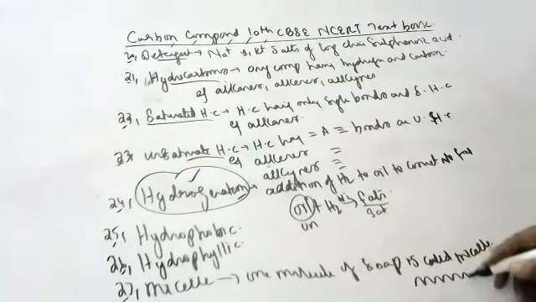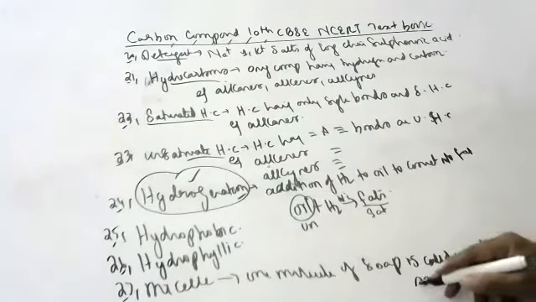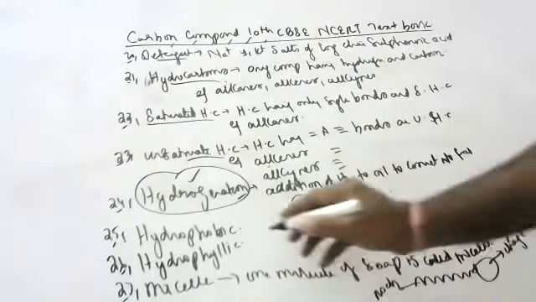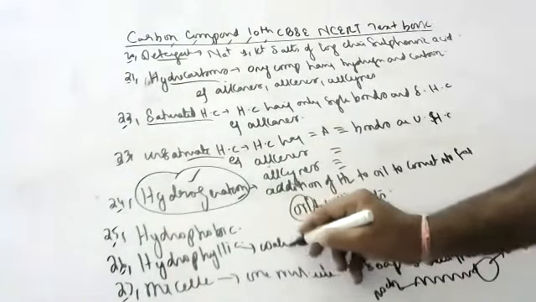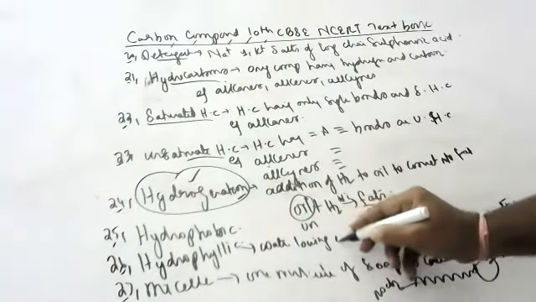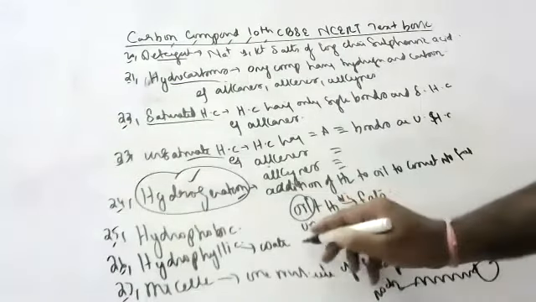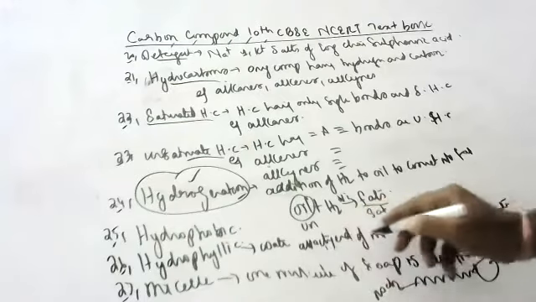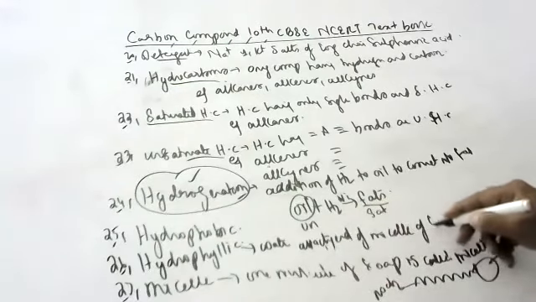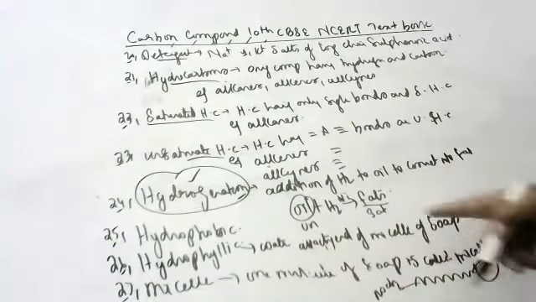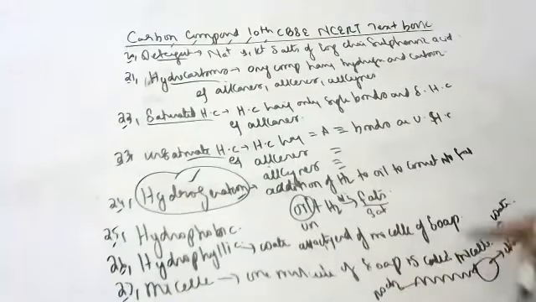Suppose something is like this: one end has no charge, the other end has charge. The end which has charge gets attached to water. That is called the hydrophilic end, the water loving end. Write it as the water attaching end of the micelle of soap. In the micelle, one end is water attaching, one is dirt attaching.